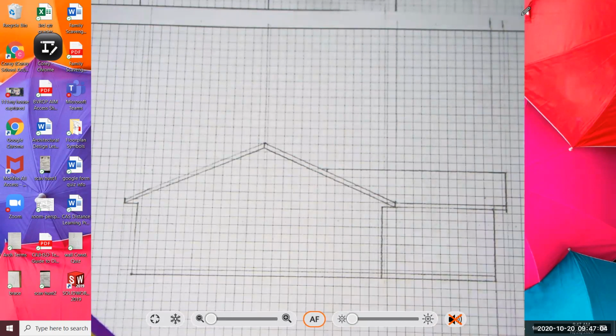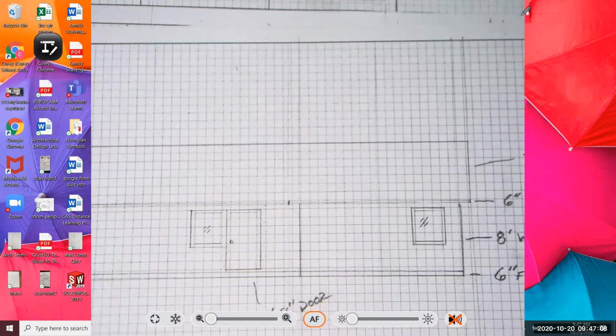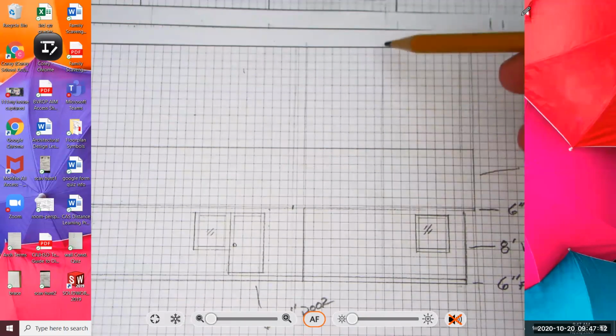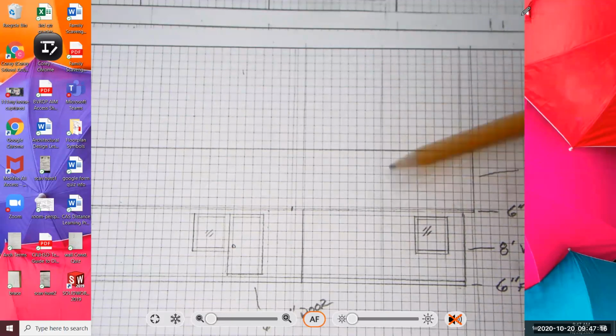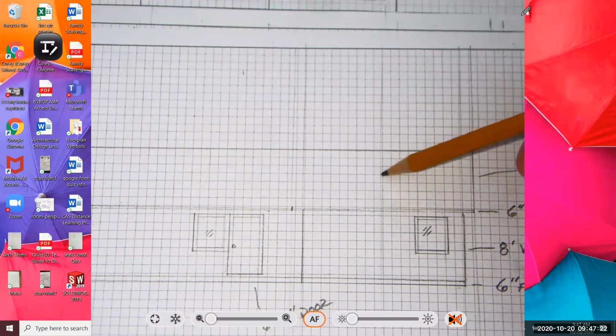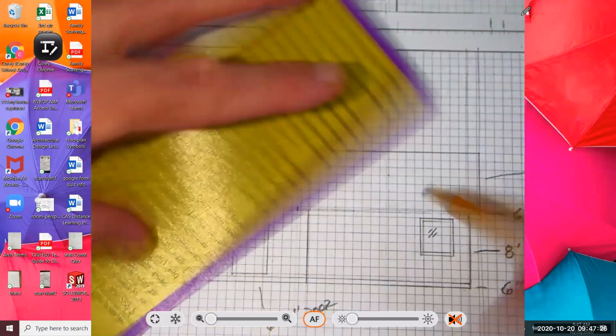So I can go back to my original now, go right on the ridge line, which is here. This is the middle of my roof. And I'm going to go up 4 feet from the top of the foundation. 1, 2, 3, 4. That point right there is where I'm going to draw my